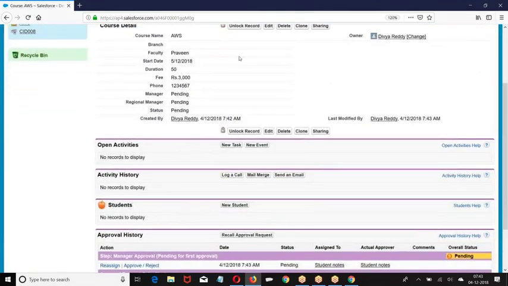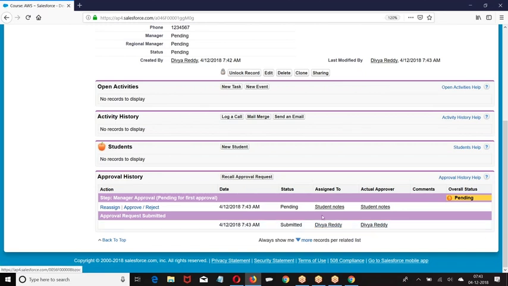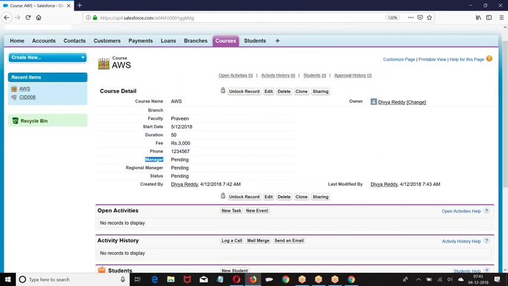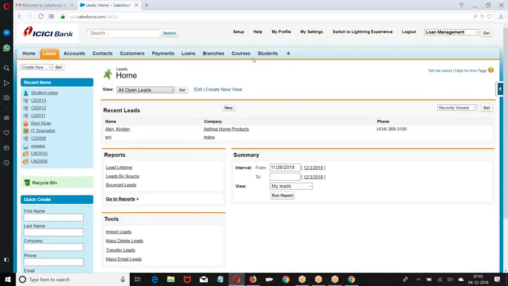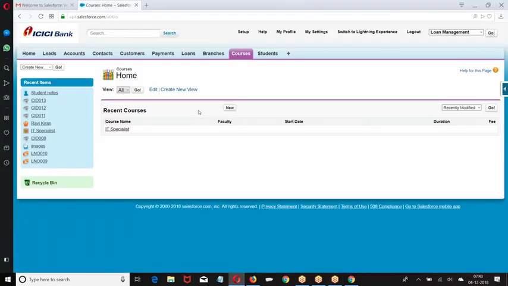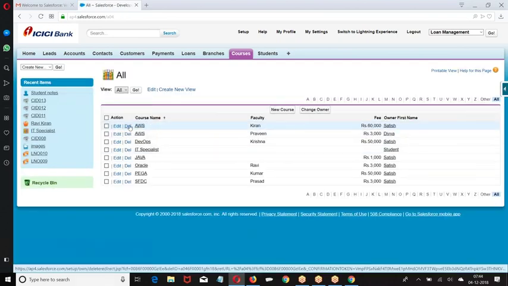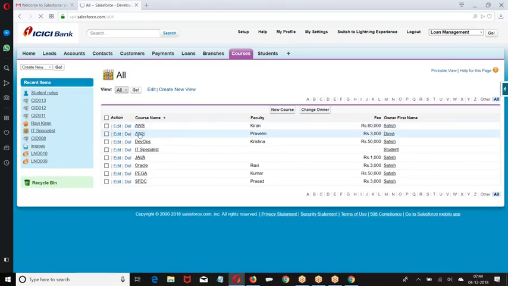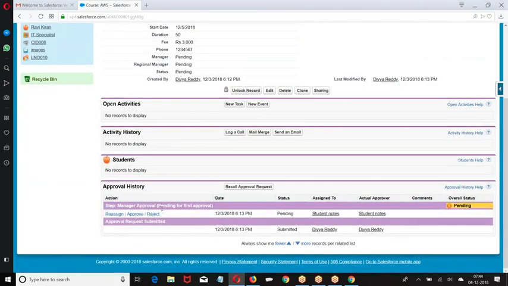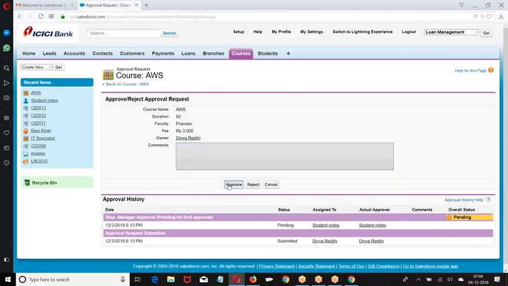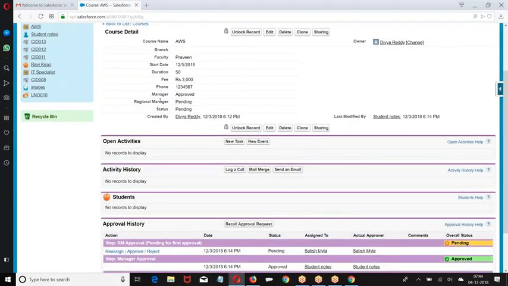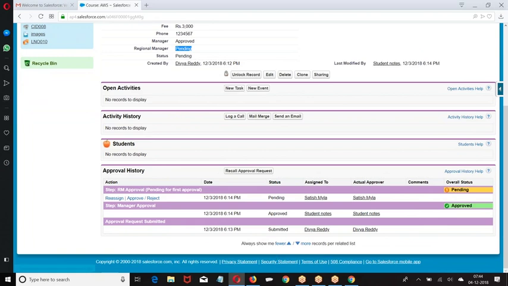Then the record was submitted, record is logged. Divya submitted the record to student. The moment the record is submitted, automatically manager equals pending, regional manager is pending, status is pending. 3 phases. Then go to student. This is the record. Then the manager approved the record. When the manager approved the record, manager approved, pending with regional manager, status is pending. Then it goes to the